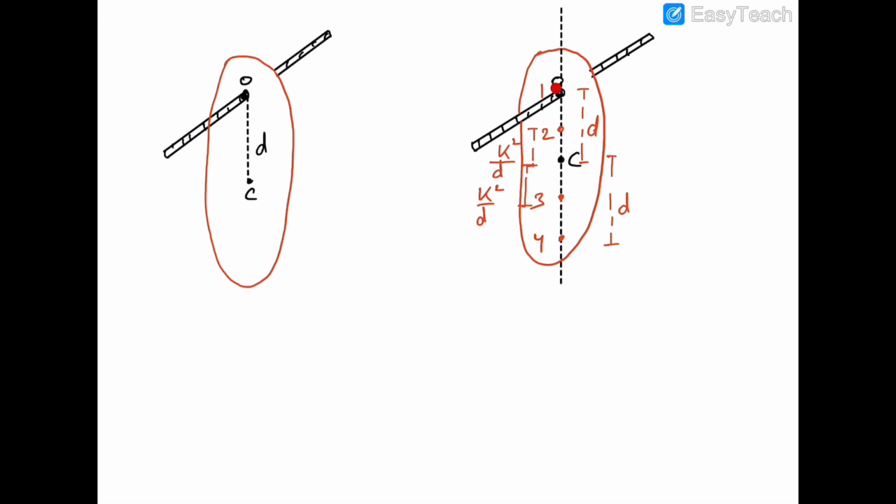So you can see that there are 4 points, 1, 2, 3, 4, about which if you hinge the rigid body, then its time period of a small SHM would remain same.